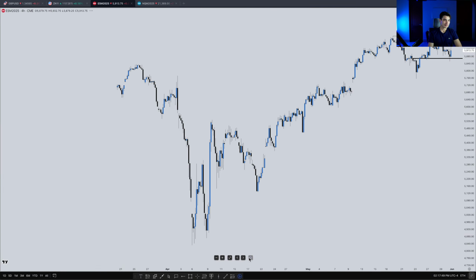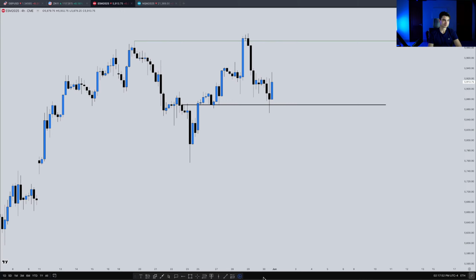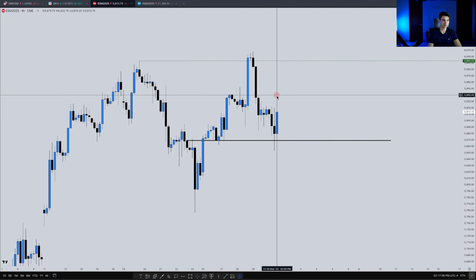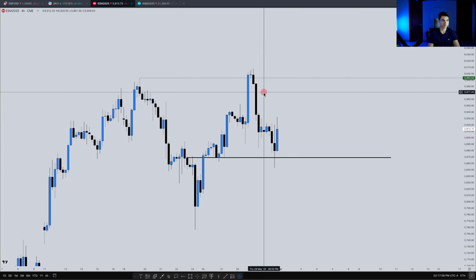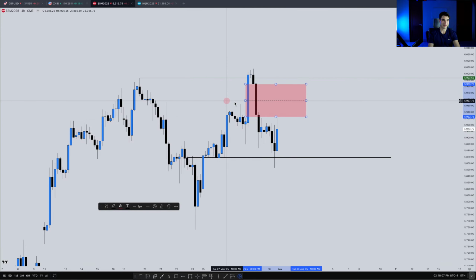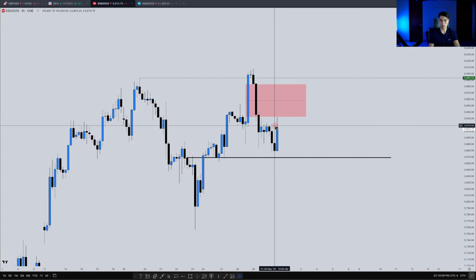4-hour chart, you can see the bullish order block, traded down into it, nice rejection. What I'm watching now is going to be this balanced price range here. So where this fair value gap went up, this fair value gap went down, this is going to be an absolutely critical level for us going forward. So have this extended through, and this is what I'm watching going into this week.